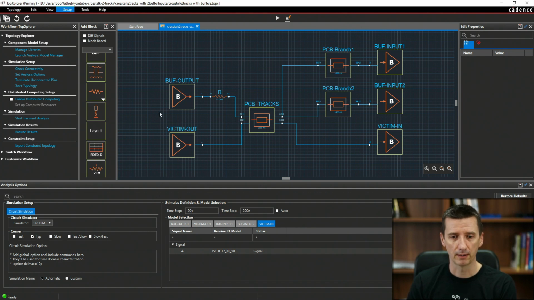So basically, this side of our track is some kind of impedance matched. And even if there would be reflection at the end of this track, where this high impedance of the buffer input is, then this reflection will disappear here at this end, where this output buffer is located.